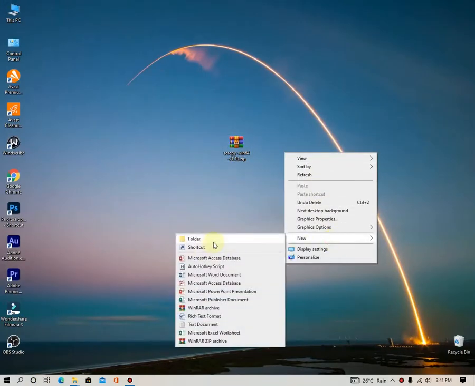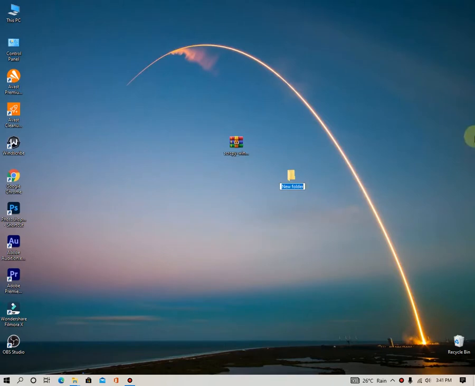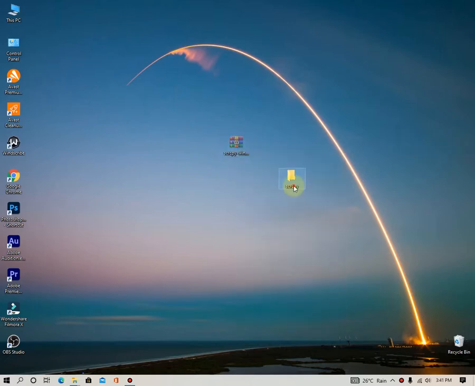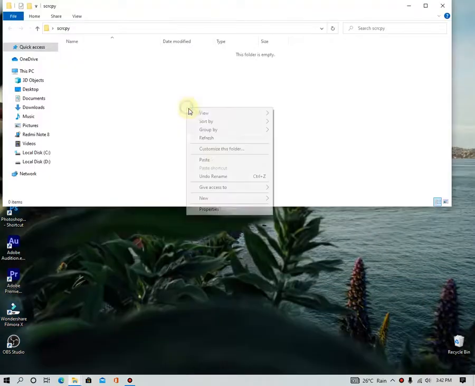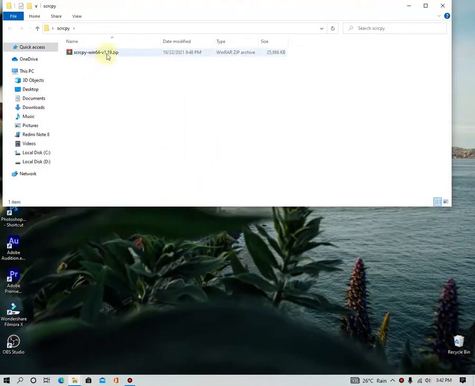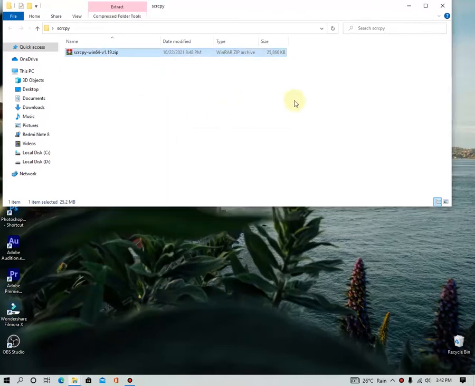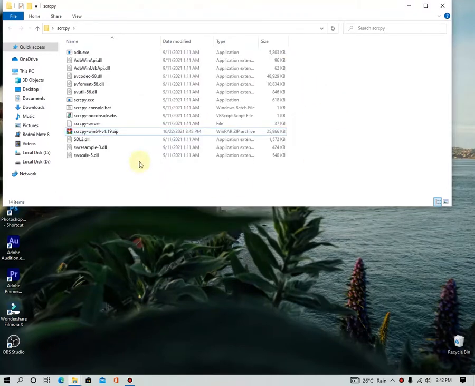After the download, you can see your zip file like this, and then create a new folder and name it SCRCPY. Cut this and paste it in here. Right click and extract here. After that, you don't need this zip file anymore, just delete it.